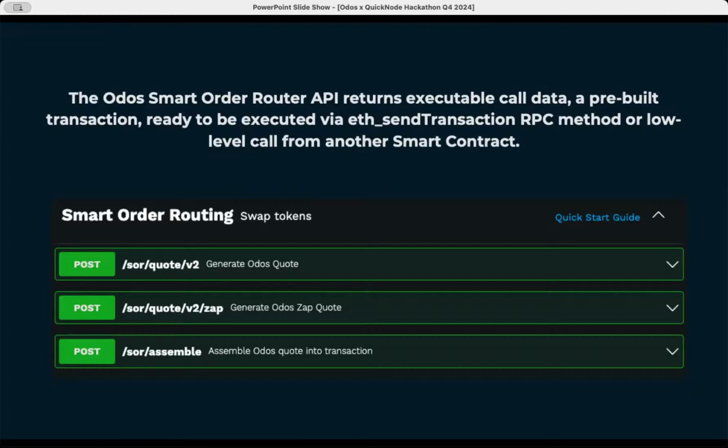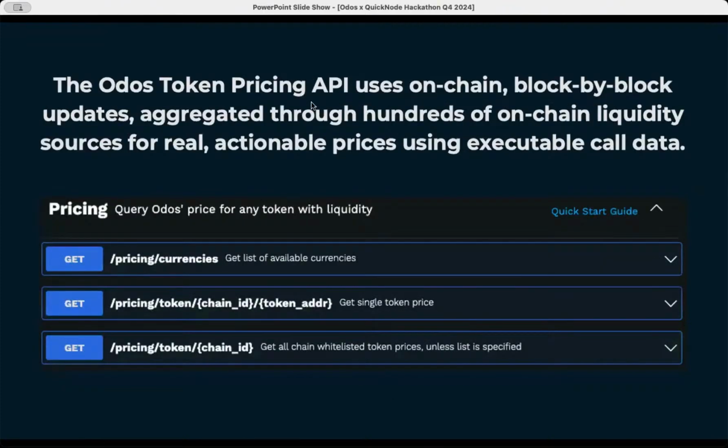But generally speaking, at a high level, the API returns executable call data based on the inputs that you've provided, such as input token, output tokens, your receiver address, and it will return call data that can be executed either via ETH send transaction or a low-level call from a smart contract, or you could simulate the transaction with an ETH call. But that's the high level overview.